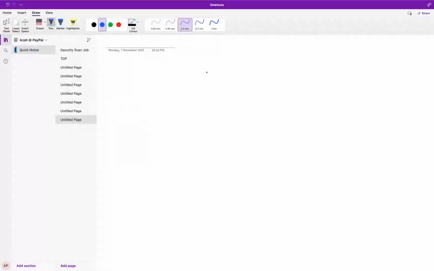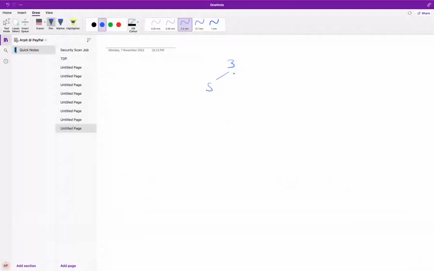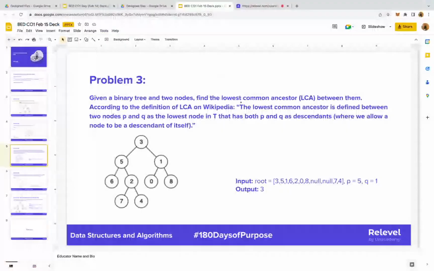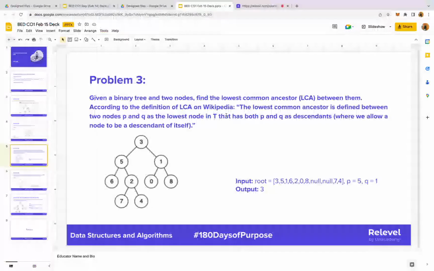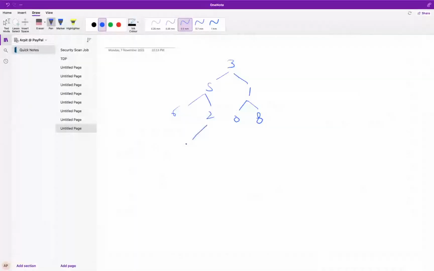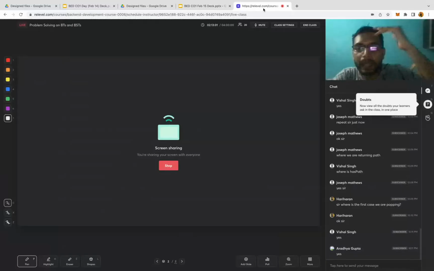Let's take the same example: 3, 5, 1, 0, 8, 6, 2, 7, 4. So guys, when we talk about the ancestor, it means our parents or grandparents, like all of